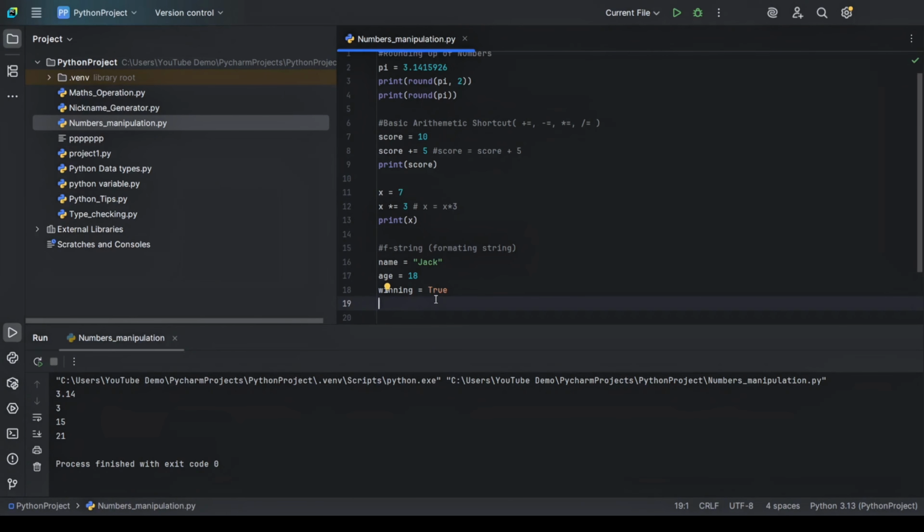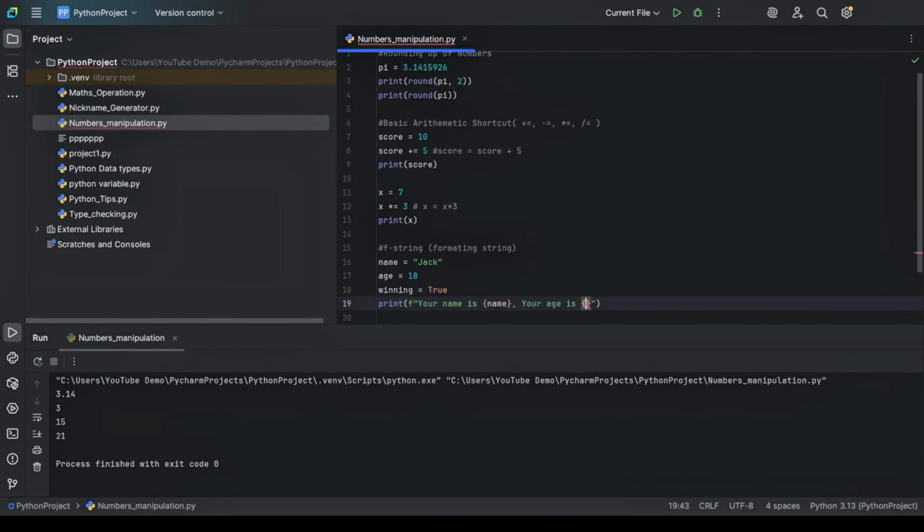And to use the formatting string, we can simply use the print function followed by a lowercase letter f and a string. And this is the way the f string is denoted. And to use all these data types in a sentence, we can simply form a sentence by saying your name is, and to put the name variable in this f string, we can use a curly bracket by putting the name variable in the curly bracket. And to use the age variable, we can say your age is,